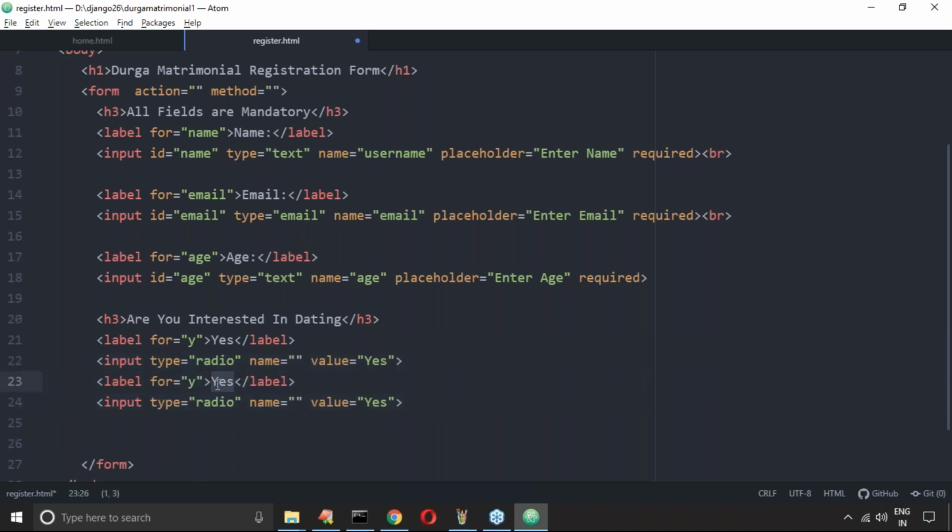Yes, this is no, and n I'm trying to take. Next, here id must be required. id is equal to y, I'm taking. Sir, here you can even take it within double quotes also.